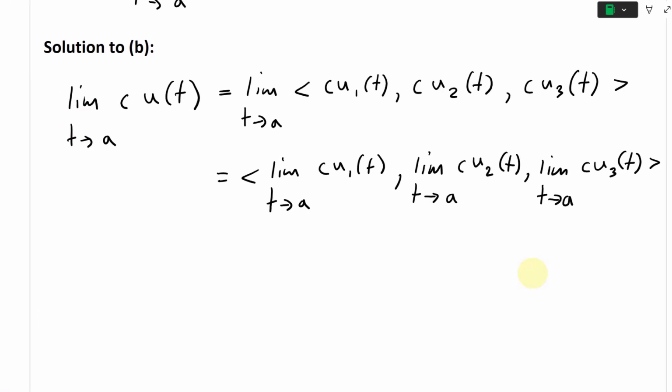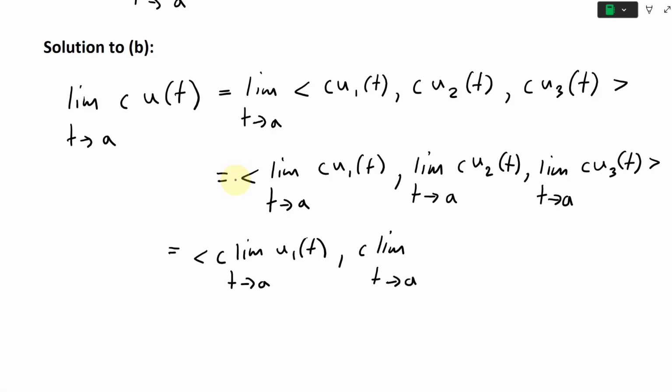All right, and then for completeness, let's write this all out. Now we just have a basic limit of a function, and then we can take the c out of the limit. Again, we already covered this before. This just equals, again for completeness, putting them all together in there. So take the c out: c times the limit as t approaches a of u1(t), and this is going to be c times the limit as t approaches a of u2(t), and then c times the limit